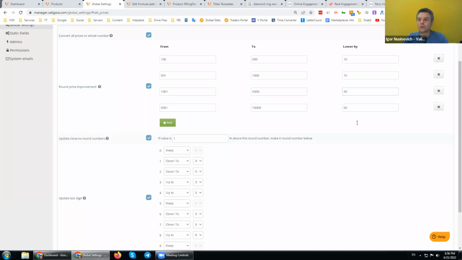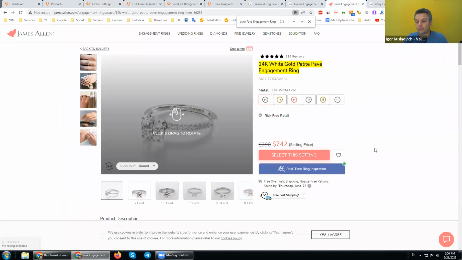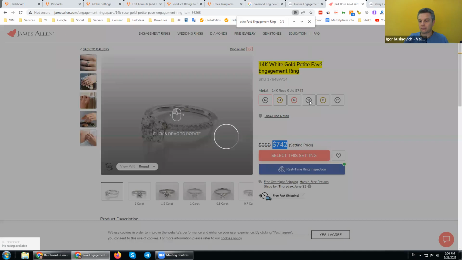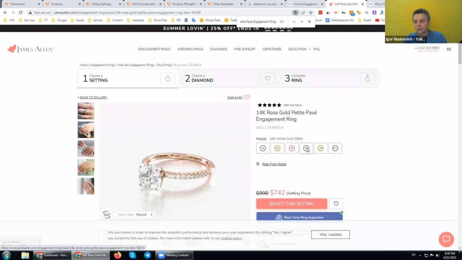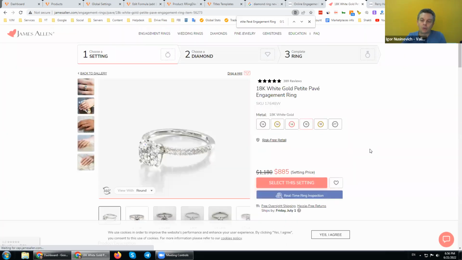Which will increase your conversion. So we do not want to end up, let's say here, with 907. Right? It makes no sense, because if the person is looking for the item, he will probably also limit.